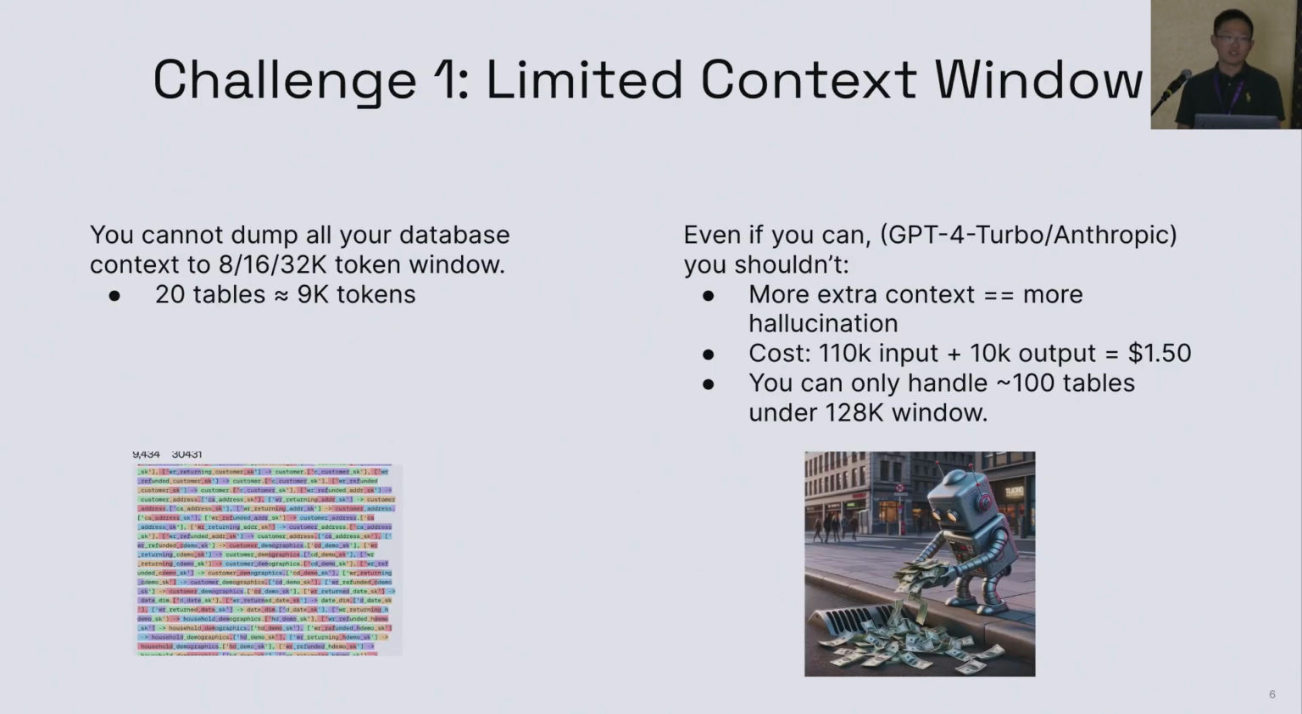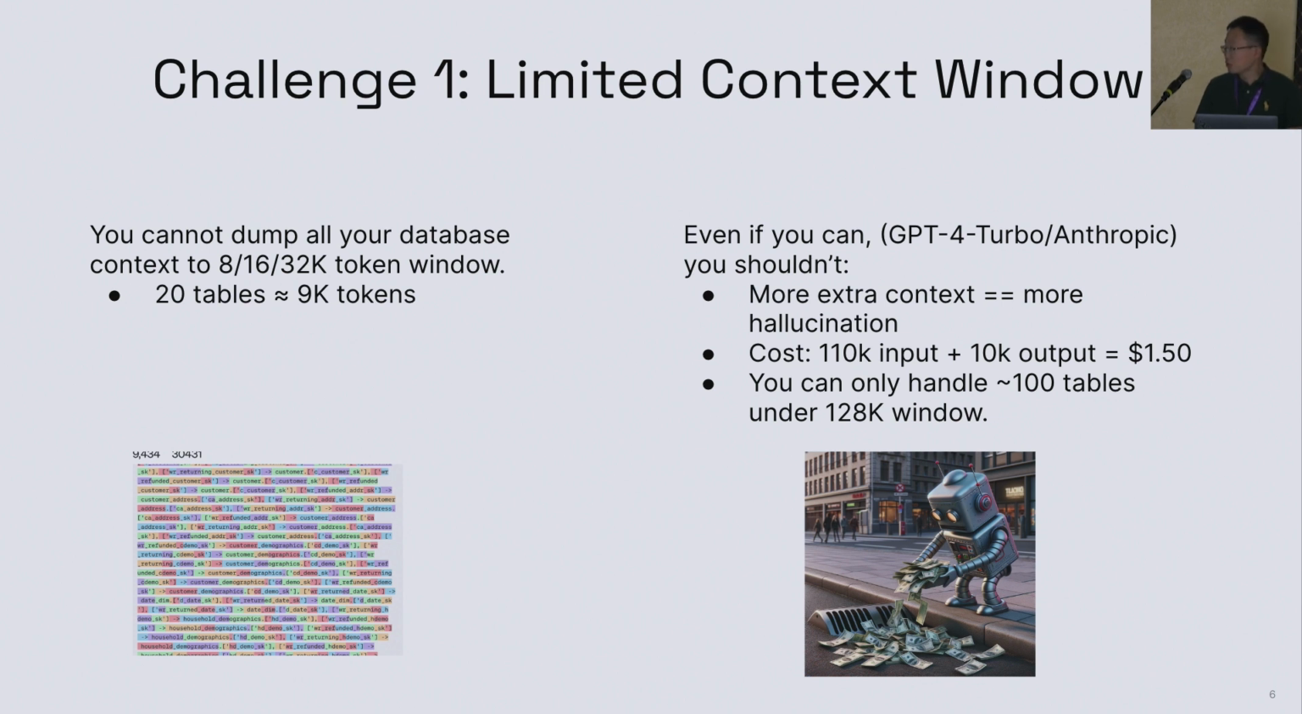There are a couple of challenges which I'm going to talk about. The first challenge is that you're going to hit the limited context window pretty soon. You cannot dump all your database context into the model, whether the window is 8K, 16K, or 32K tokens. 20 tables is around 9K tokens, and you still have to leave some space for query generation, chain of thought, and other stuff. Even with the recent release of GPT-4 Turbo, which has a 128K context window, and Anthropic also has a 100K model,